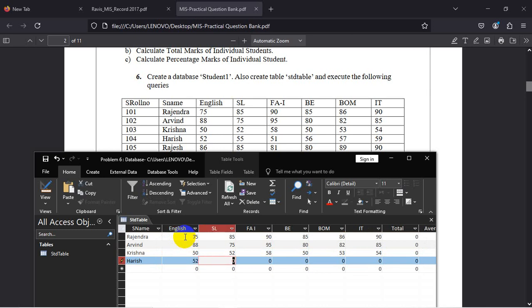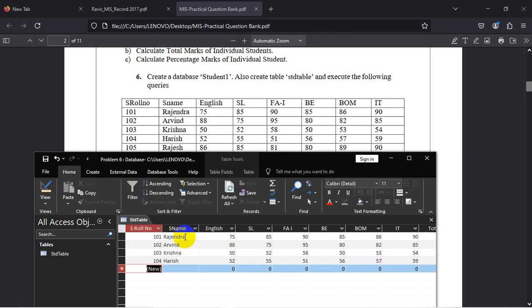Harish is how much? 52, 55, 51, 56, 57, 59. Now Rajesh. Rajesh is how much? 86, 85, 81, 80, 89, 90.